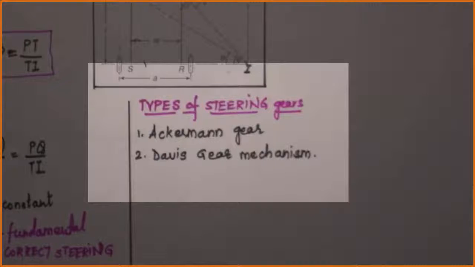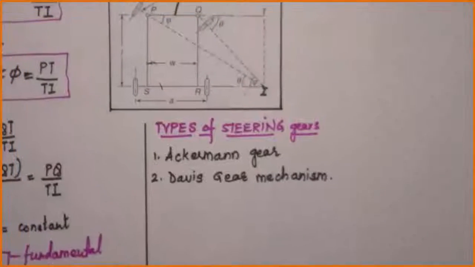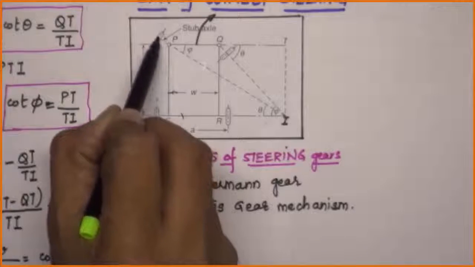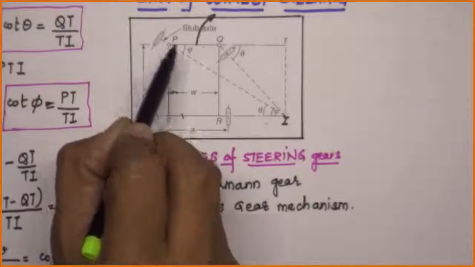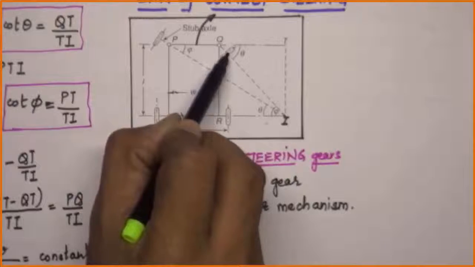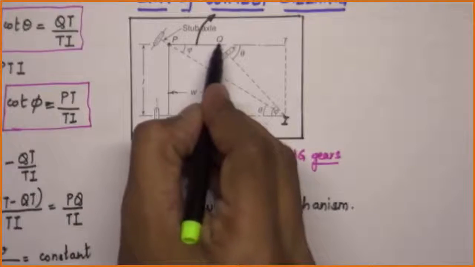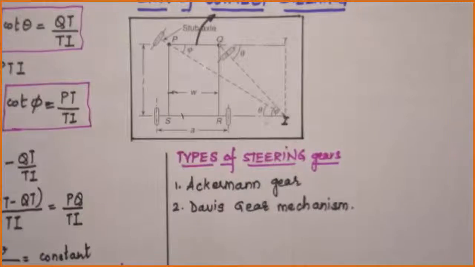Part 2, we will be talking about different types of steering mechanism. When the vehicles were invented in the previous century, turning pairs were supposed to be the most fundamental ones, which means a small stub axle passing through P and the center of the wheel, and a similar stub axle passing through Q and the center of this wheel were pin jointed at the points P and Q,